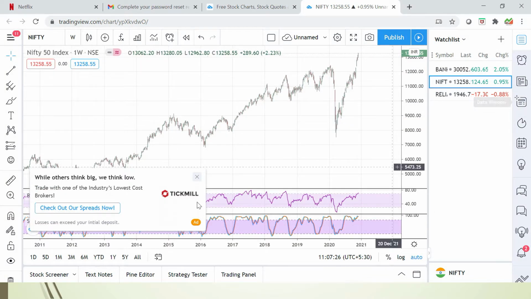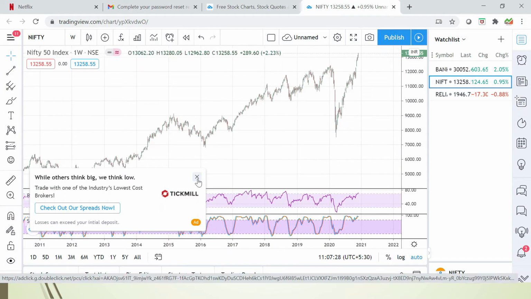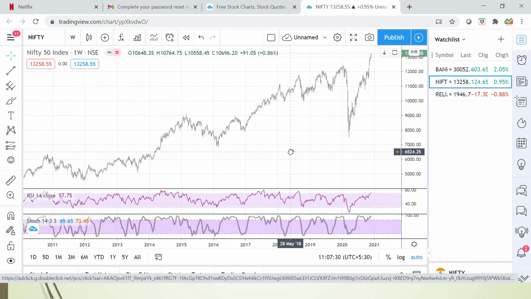I'm using tradingview.com to analyze. Every month we'll be using the same. I have chosen this because it's a free website, anybody can access it. If you're using investing.com also, it's going to look the same. All the options are going to be the same, so you can use tradingview.com or investing.com, your choice. Alright, so I have Nifty